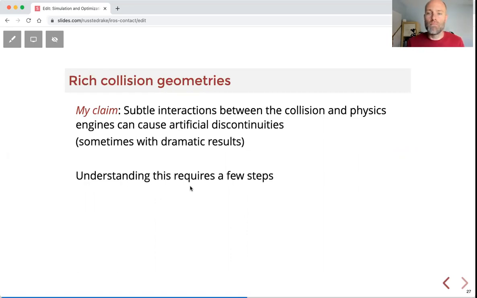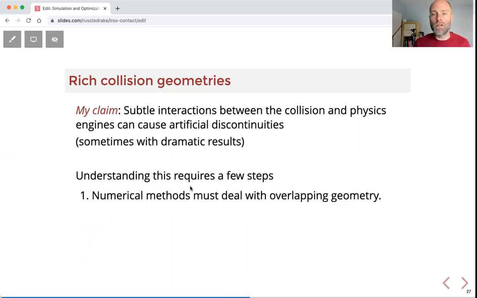So let me tell you maybe how we can do a little better. Understanding this requires a few steps of logic. The first thing you have to appreciate is that when we have two collision geometries interacting, because of the numerical issues of discrete time approximations or soft contact models, we actually have to deal with the case of those bodies overlapping. It's not the case that you only have to think about surface on surface collisions.